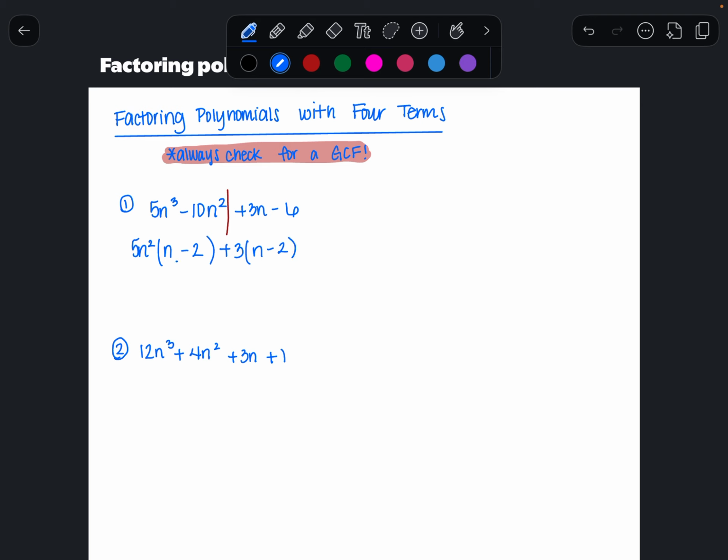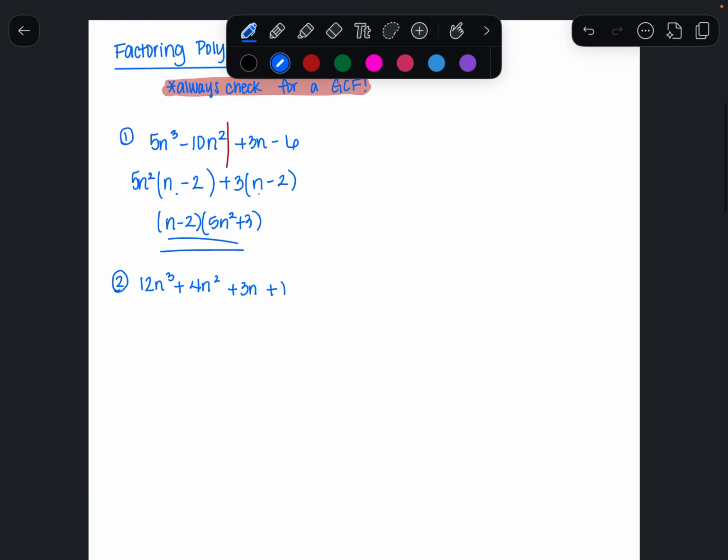Then matching factors: n minus 2 at the front, 5n squared plus 3 next to it. Again, the order does not matter. Number 2,